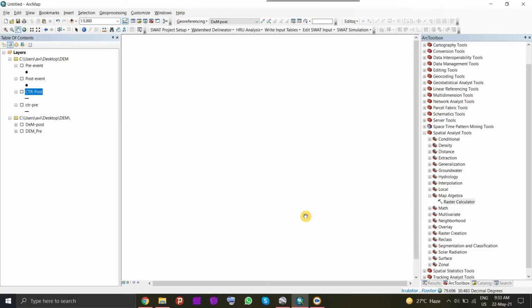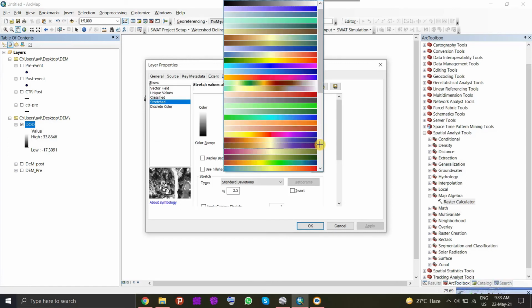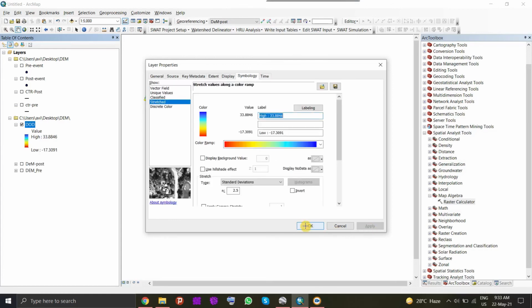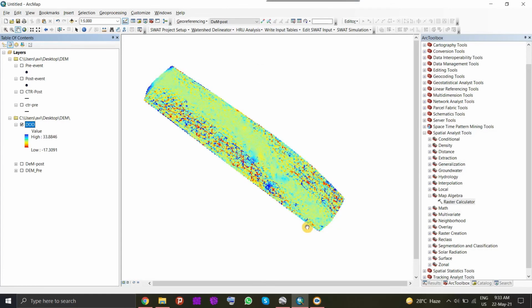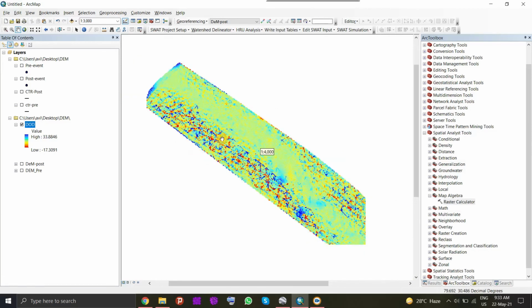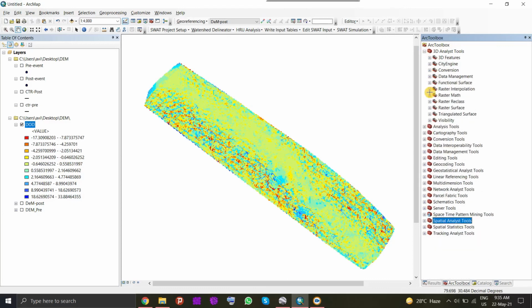You can go to properties and change its symbology, like how it is displayed. Once you do that, you can see that the high values are in bluer shades and low values are in red shades. So the higher, positive values show deposition, and the red, lower, negative values show erosion from the area. But you want a clearer picture of how to display that, so we can do that by reclassifying the raster. Go to the 3D Analyst tool and reclassify it.